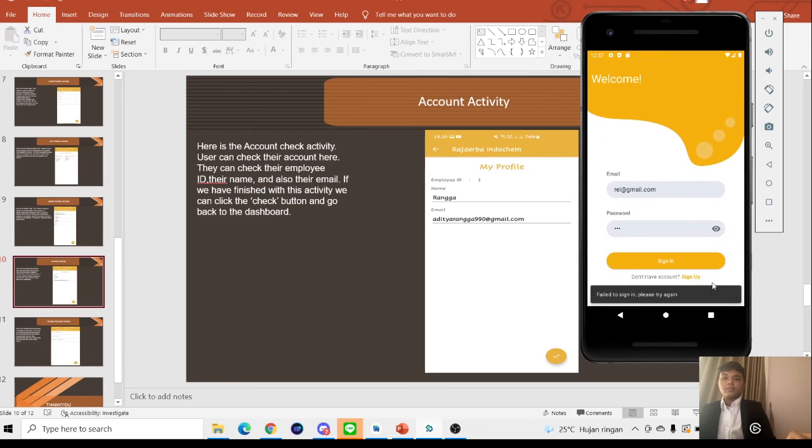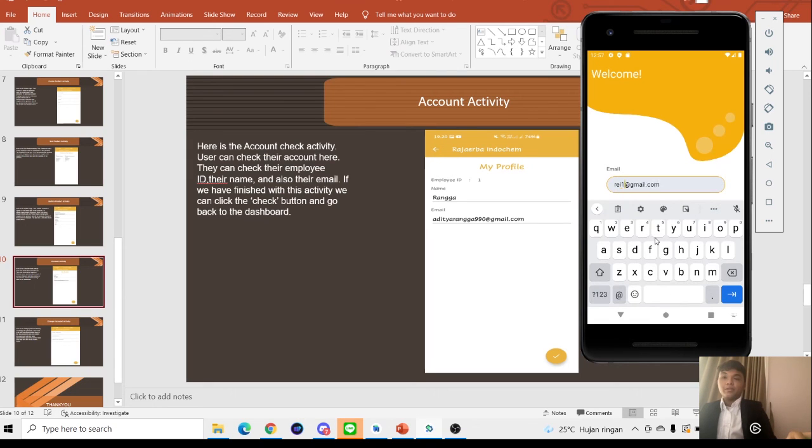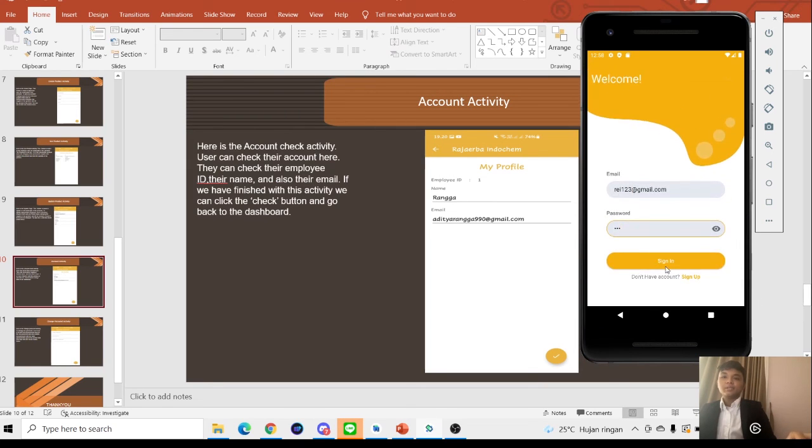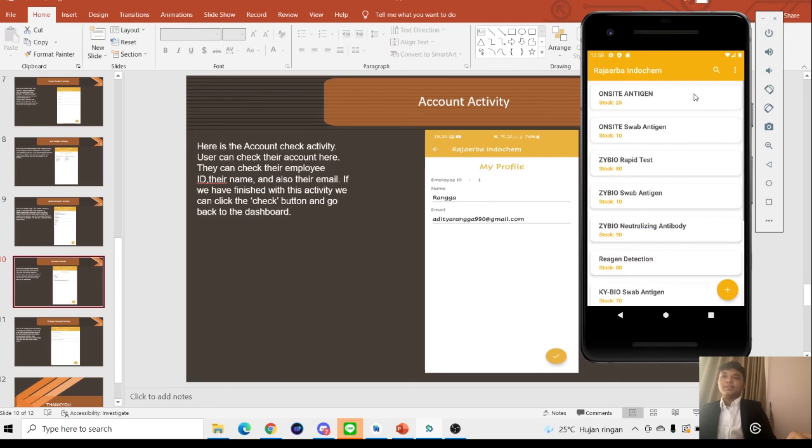It will say failed to sign in, please try again. But if we use the email that we added earlier, you can sign in back to the application.